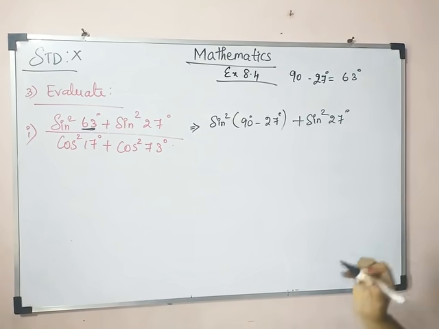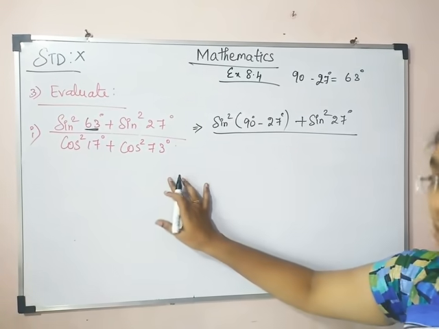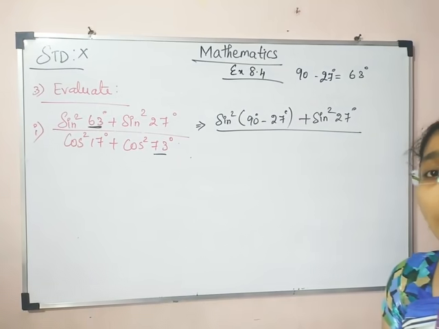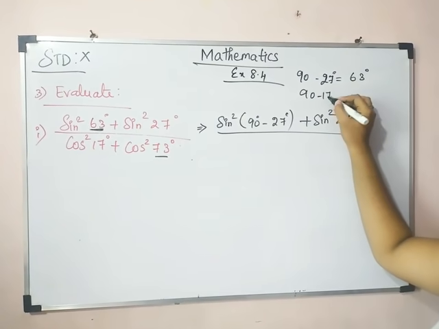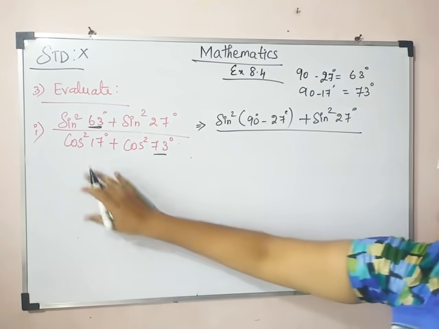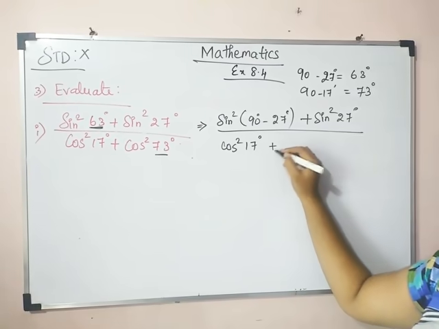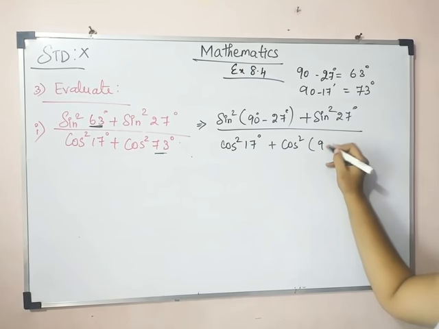Let it be sin square 27 divided by... here that is your wish, you can take any number, either 17 or 73. Here I am going to take 73. So what is the complementary angle of 73? 90 minus 17, isn't it? 90 minus 17 is equal to 73. So the first term, cos square 17 degree, let it be, plus cos square, this 73 will be replaced by 90